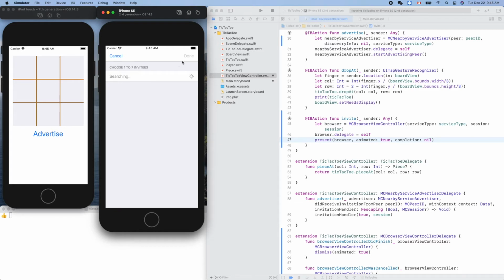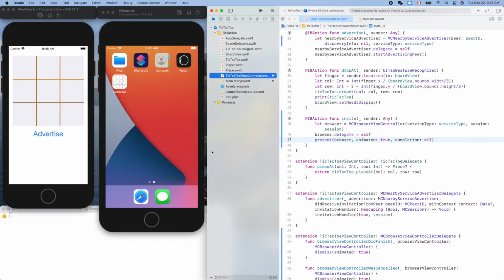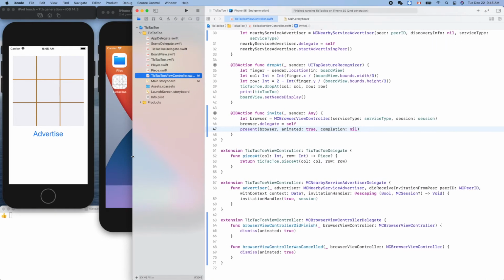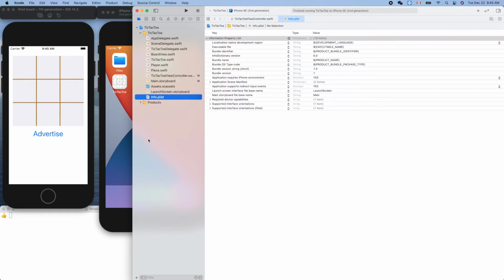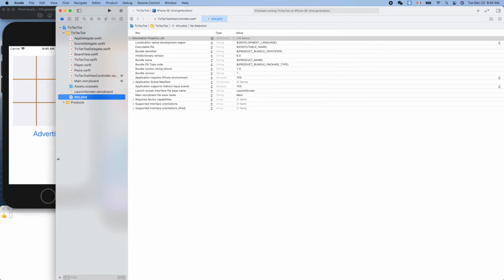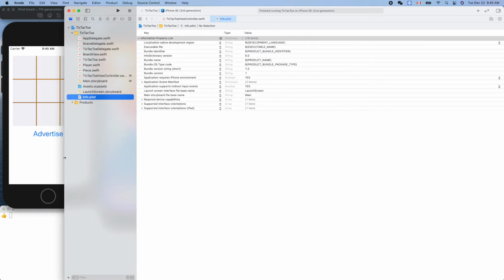Yeah. Oh, choose. There's nothing here. What happened? Okay, there is a reason. I guess we needed to do something in this plist file. That's because in the latest iOS device we need to provide some configuration here to allow